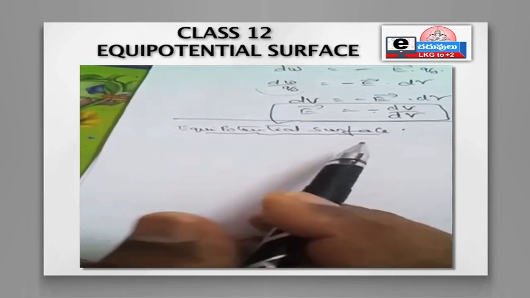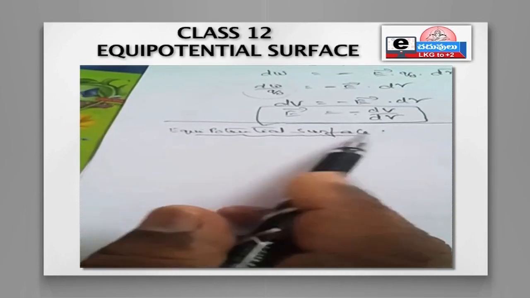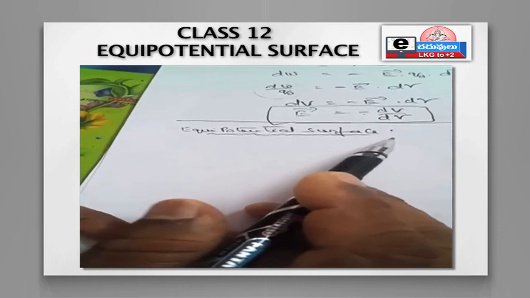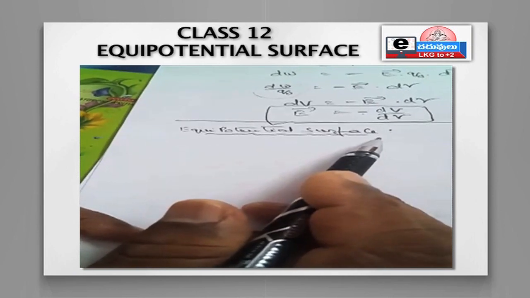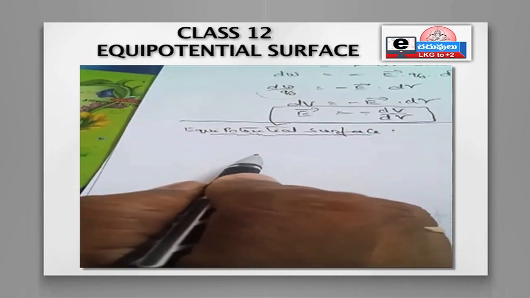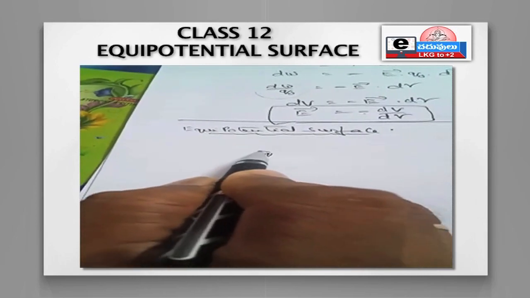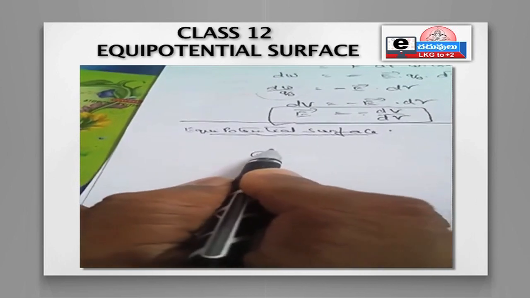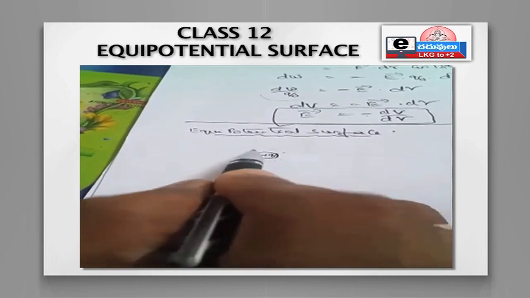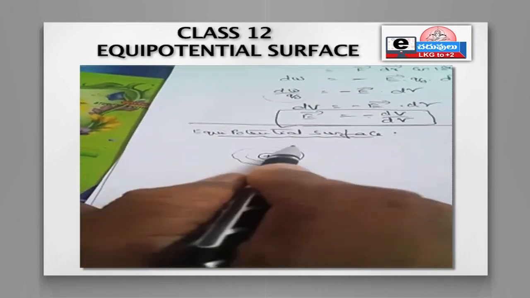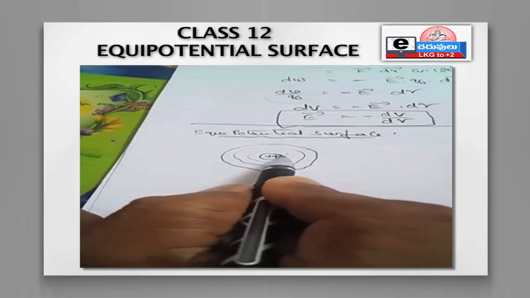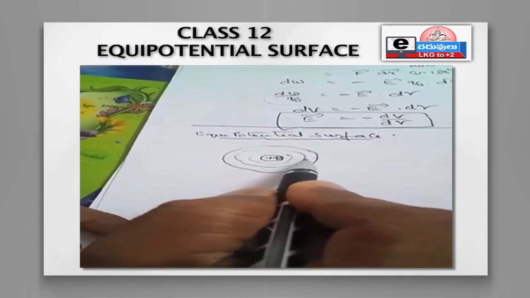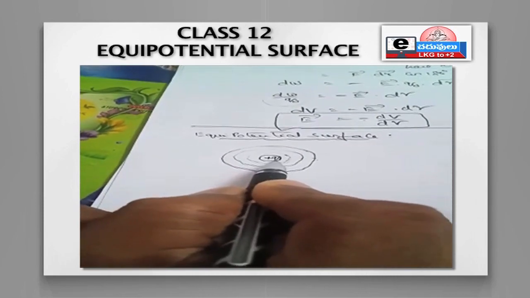Last time they asked us to draw the diagrams of equipotential surfaces. Which diagrams? They may ask what is the equipotential surface of an isolated point charge. Suppose I take a plus q charge, the equipotential surfaces are just concentric circles around it, with uniform radius. This is one surface, this is another surface, this is another surface. Each one is one equipotential surface for this isolated positive charge.